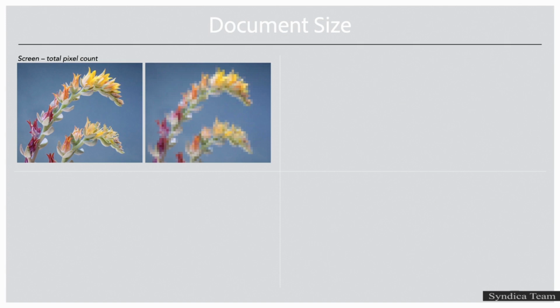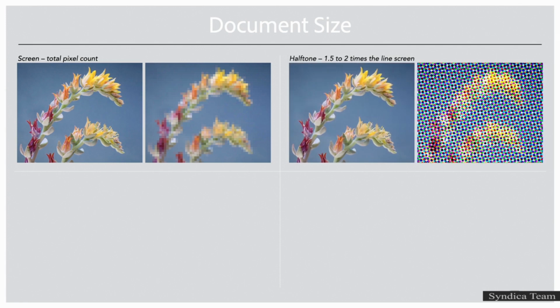Now, what about halftone printing? The most common example is going to be the printing press. Although the image might start off as a continuous tone, like a photograph, for example, in order to be printed to most conventional printing presses, the document needs to be converted into a halftone pattern. Now, the halftone pattern is made up of dots with a unique pattern for each of the cyan, magenta, yellow, and black inks. And when the dot patterns are printed, one on top of another, they create the illusion of continuous tone. But it's not, in fact, a continuous tone image.